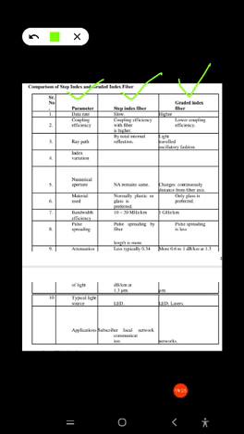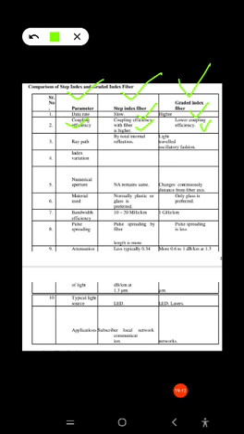For the step index fiber it is low, and for gradient index fiber it is very high compared to the step index fiber. And coupling efficiency is higher for step index fiber and lower for gradient index fiber.